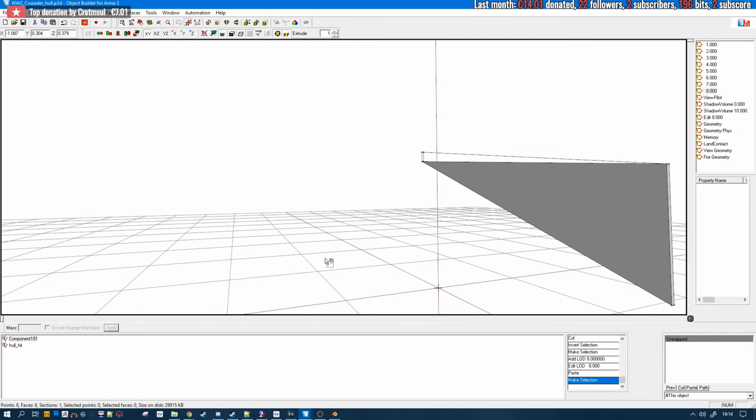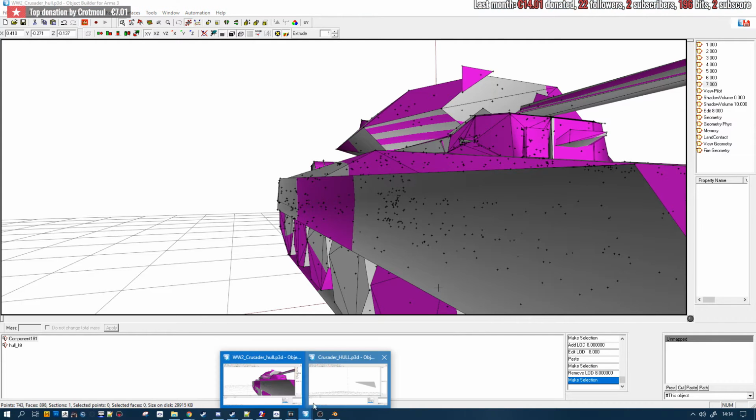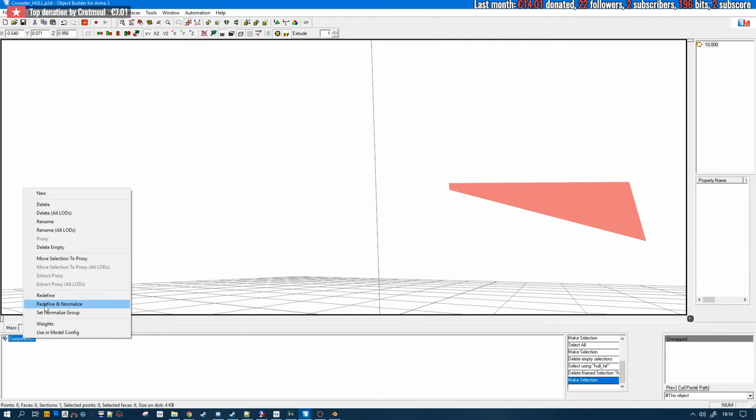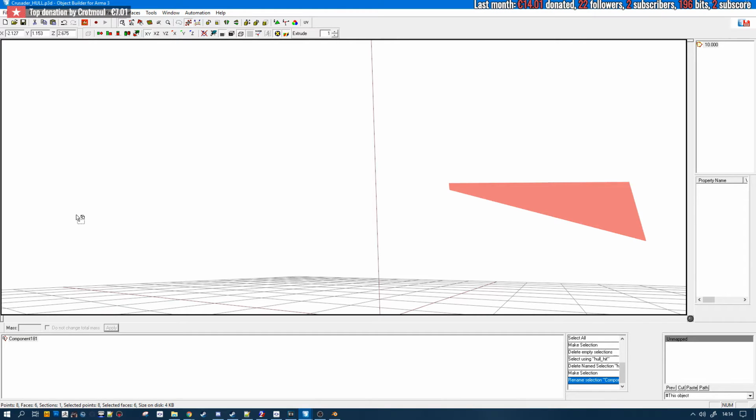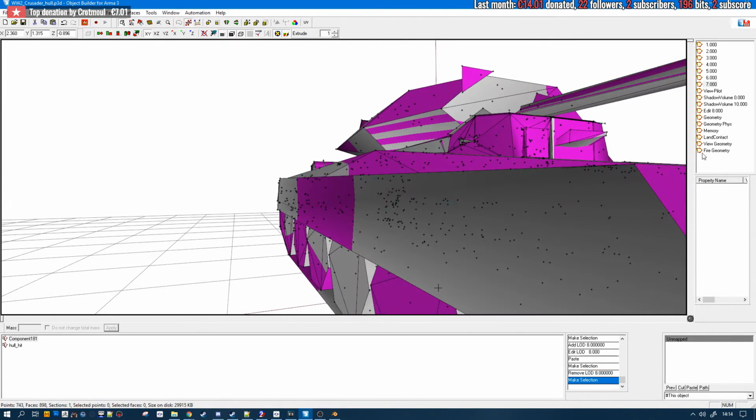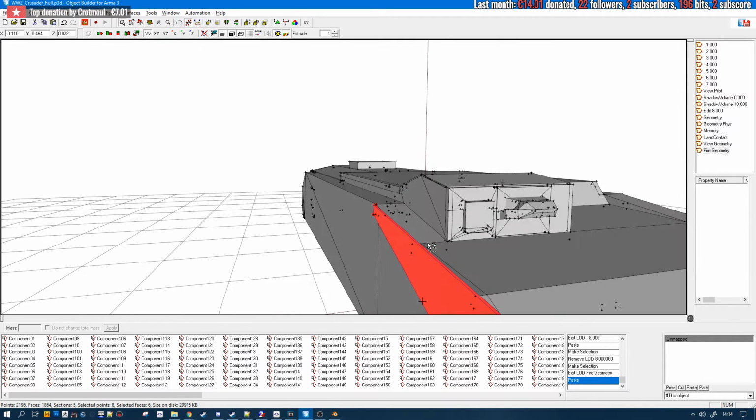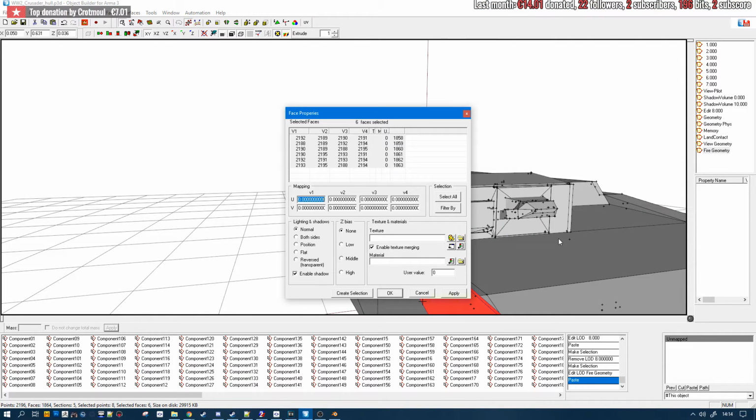So before I delete it, I want to retrieve the component name and name the one I have here component 81. If you have two of the same component, it's going to fail and neither of the two will have a proper hitbox.